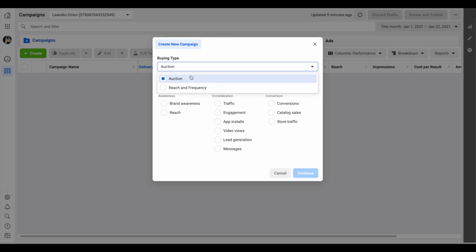Okay. So I will go for auction, and then we have the campaign objective. We have many objectives here. We have brand awareness, reach, conversion, traffic, stuff like this. Of course, there are some objectives that are rarer than others. Conversions are rarer than brand awareness, so it's easier to get brand awareness results than conversion. Conversion is basically when you optimize your campaign for purchase and stuff like this, or even app installs, video views,